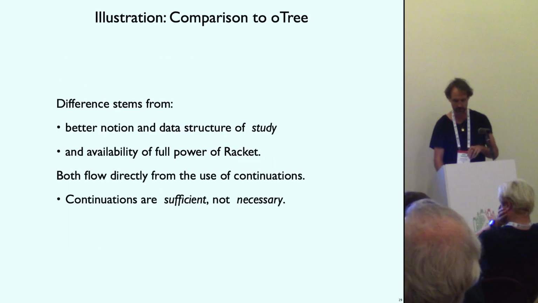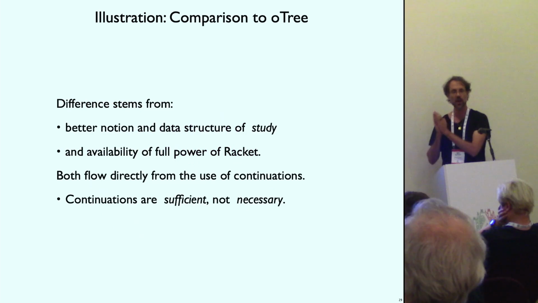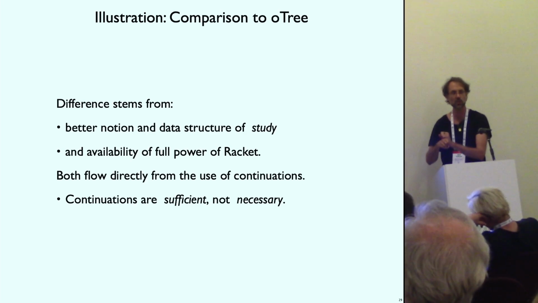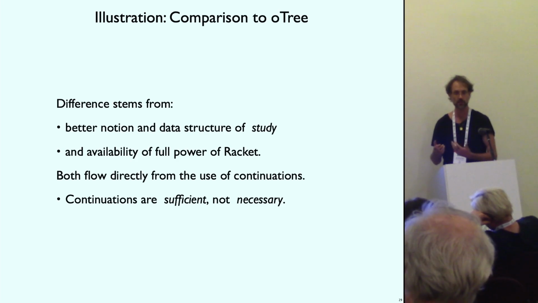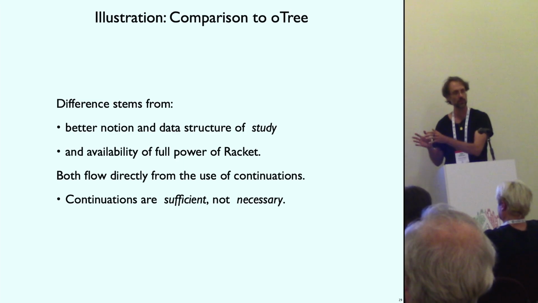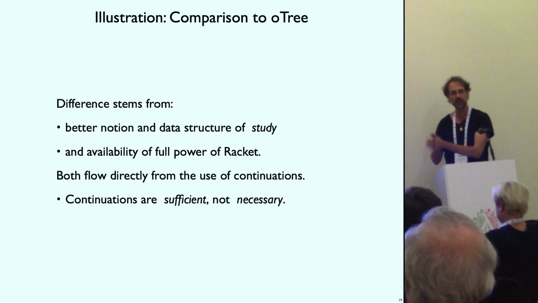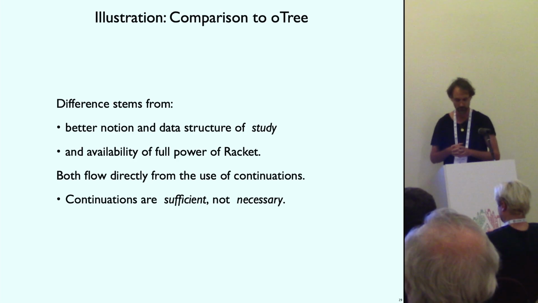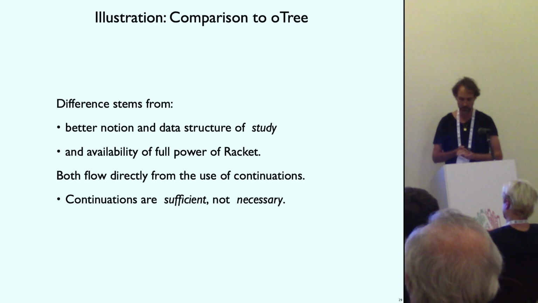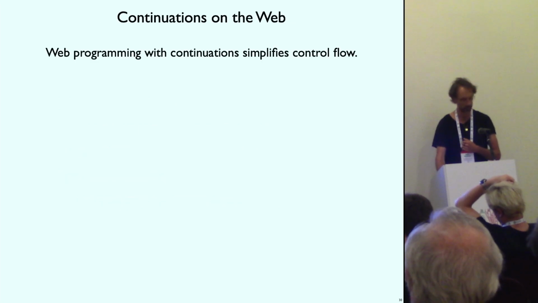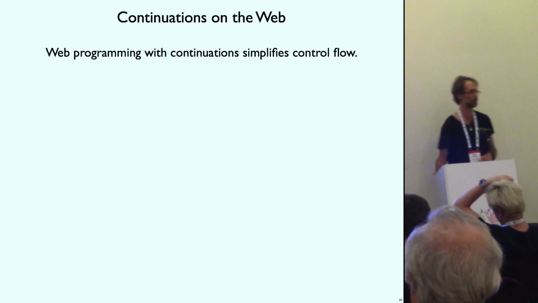And so these two benefits, of having the full power of Racket everywhere and having an arbitrary data structure based on what we find useful, are immediately allowed by continuations because they can close over arbitrary Racket code. So we never had to think about it, never had to worry about it. Now you might say, okay, but I could have gotten that without continuations. True, but continuations enabled it without us even having to think about that. So that's really the big feature. All right, so these are the benefits that we got from it, and this is why we were building it and what we tried to get. And with that, I'm handing over to Bogdan to talk about how this all works.